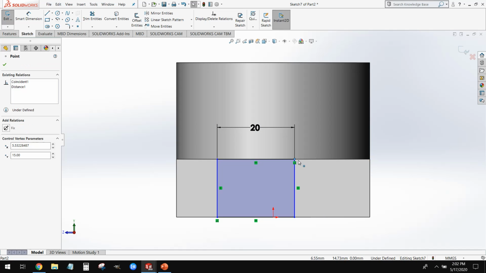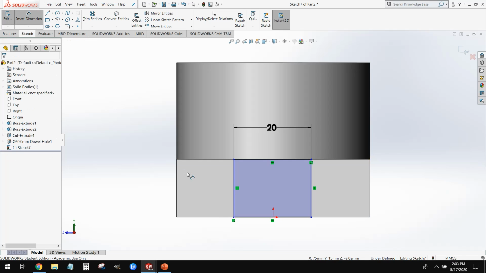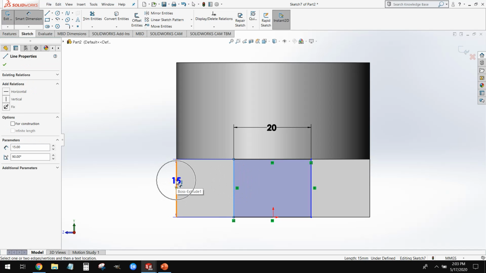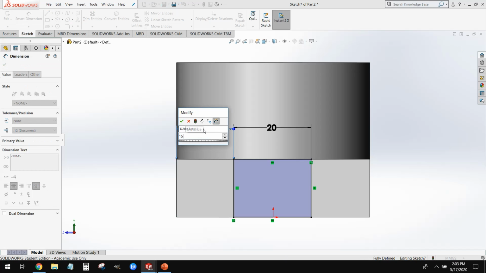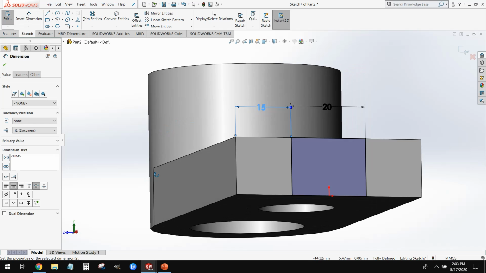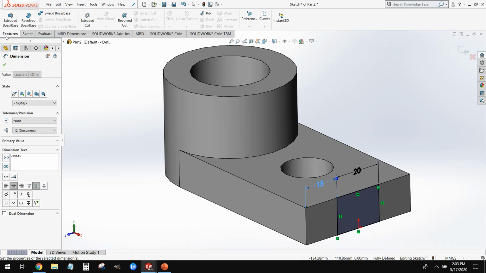And now we have to position it left and right. What we're going to do is grab our smart dimension tool, dimension from this line right here to this line right here. And we're going to set that to a distance of 15. So now we've got this rectangle positioned on the front. What we're going to do is have it cut up until it meets this hole. To do that, we're going to go to Features, Extruded Cut,